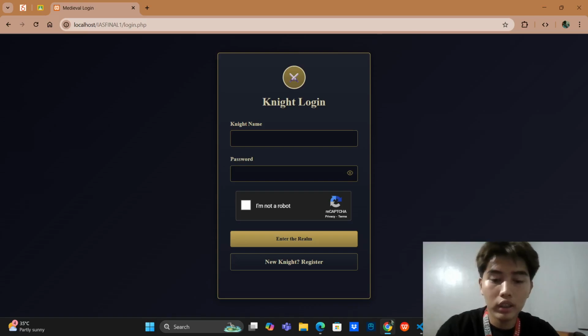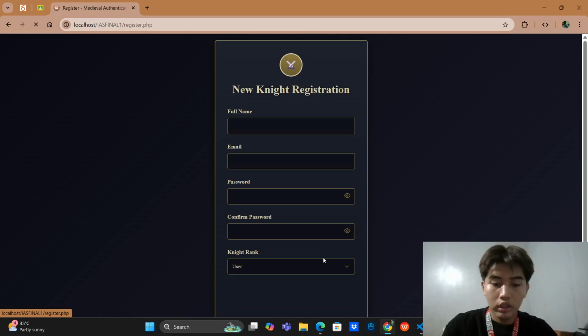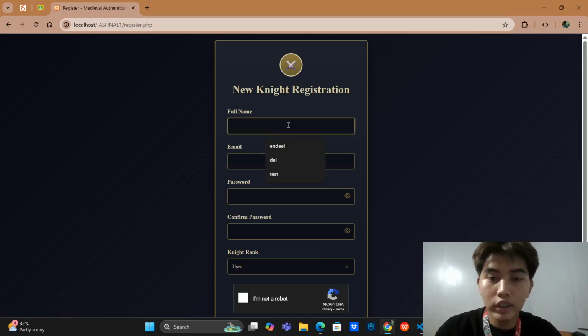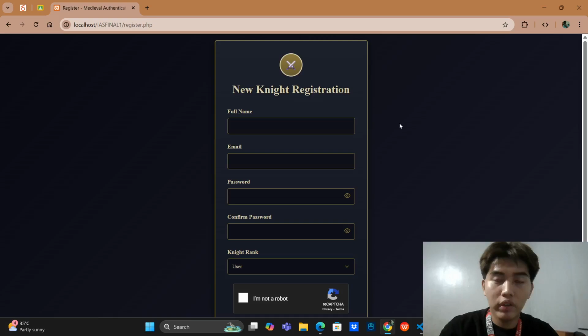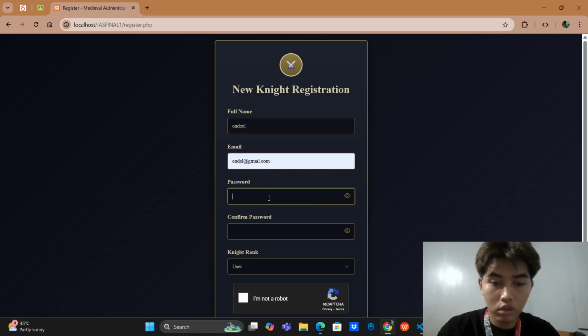So, the first step is let's start with user registration. Here, users can register with their details. We've implemented input validation to prevent invalid or harmful data, such as SQL injection or malformed emails. So let's try to log in account. Here in the password, the special characters are sanitized and fields like email, password, and name are validated before submission.